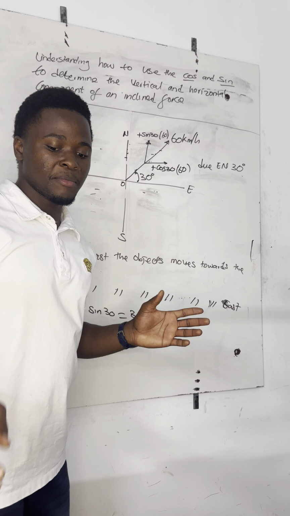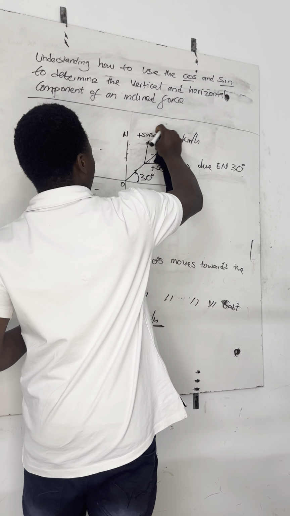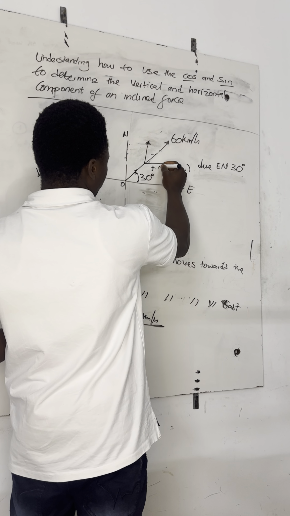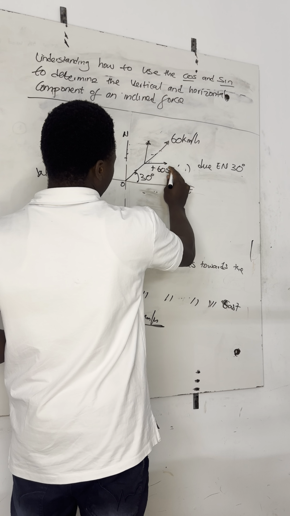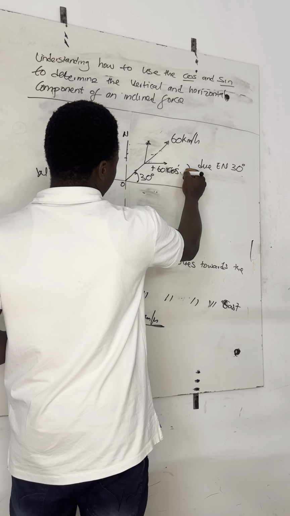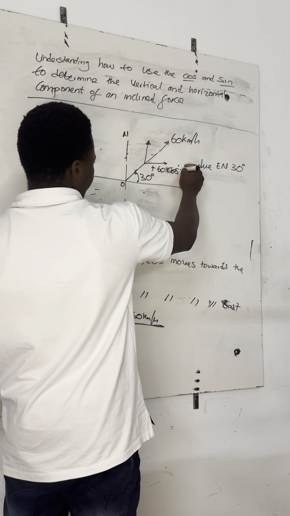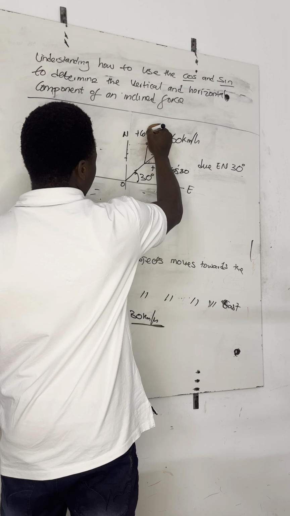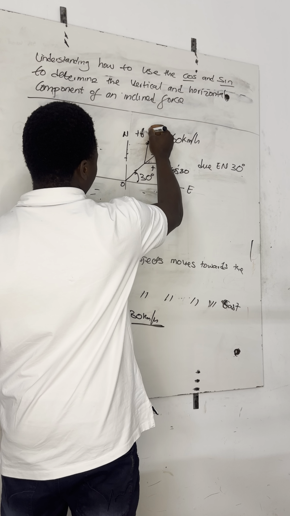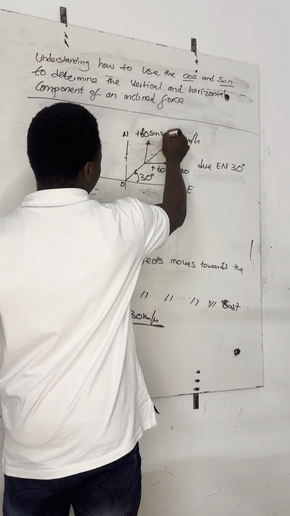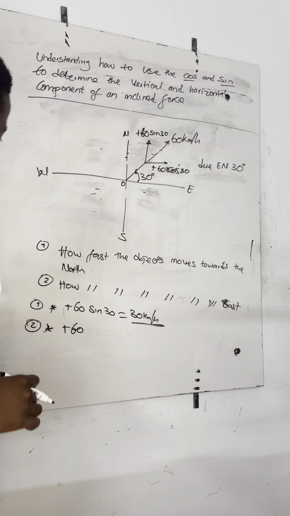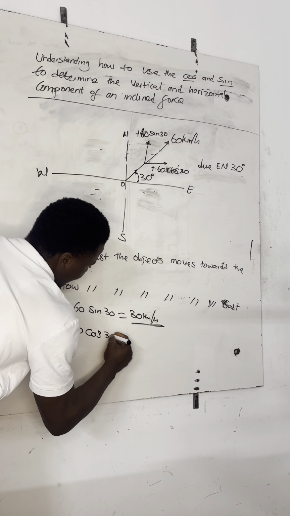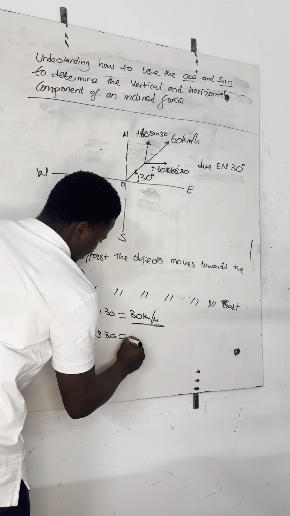Some of you might be confused because this 60 is behind. You might take it as an angle, but I will simply put it here: plus 60 cos 30. So it's going to be positive 60 cos 30. This will give you